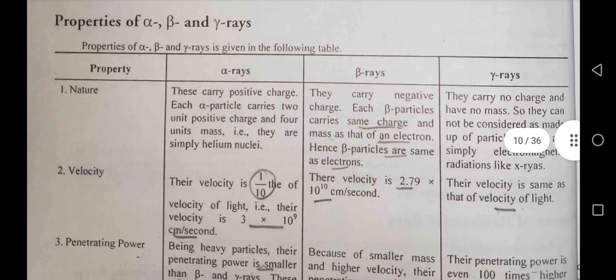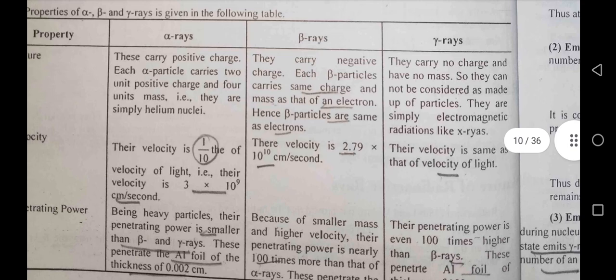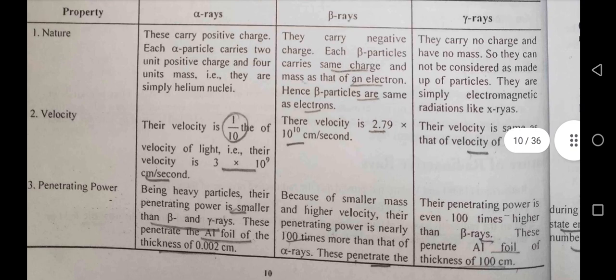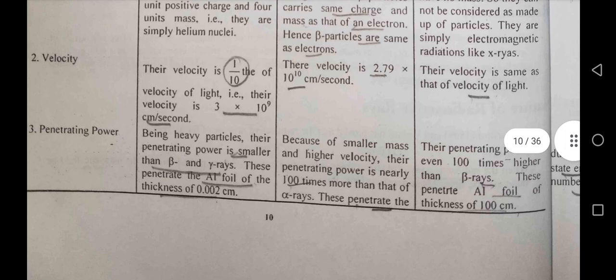Properties of alpha, beta and gamma rays. Nature. Alpha rays carry positive charge. Each alpha particle carries 2 units of positive charge and 4 units of mass, that is, they are simply helium nuclei. Beta rays carry negative charge. Each beta particle carries the same charge and mass as an electron, hence beta particles are the same as electrons. Gamma rays carry no charge and have no mass, so they cannot be considered as made up of particles. They are simply electromagnetic radiation like X-rays. Velocity: their velocity is 1/10th the velocity of light, that is